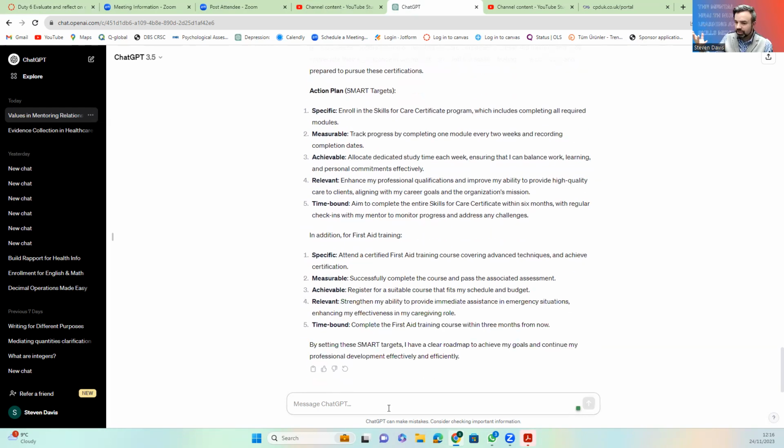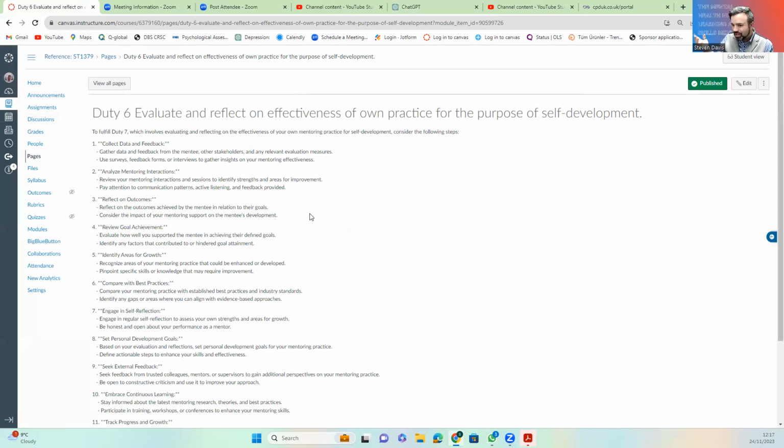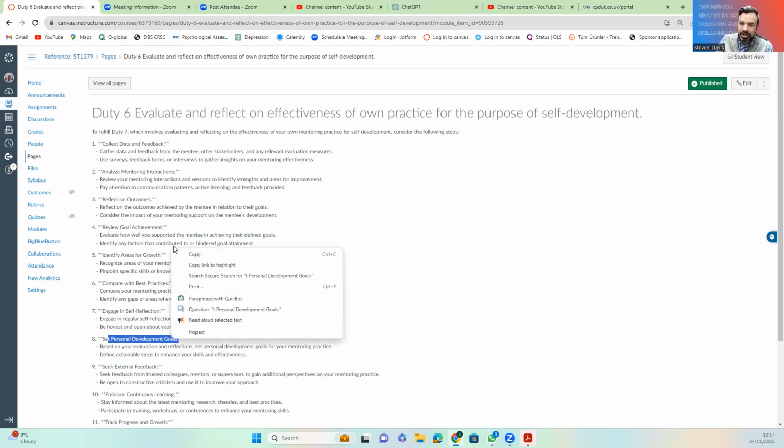So easily done. You can use AI as well to create your plans or whatever with your mentorees. So it's about working smart and not hard now, people. Use the resources that you've got. You know, if you need to set a personal development plan and goal,